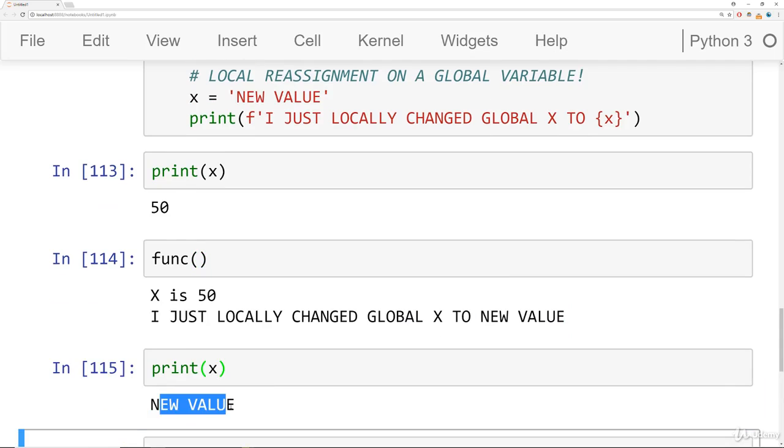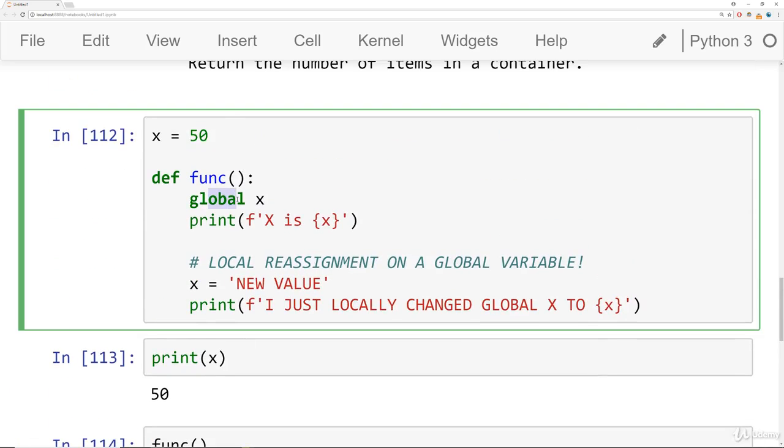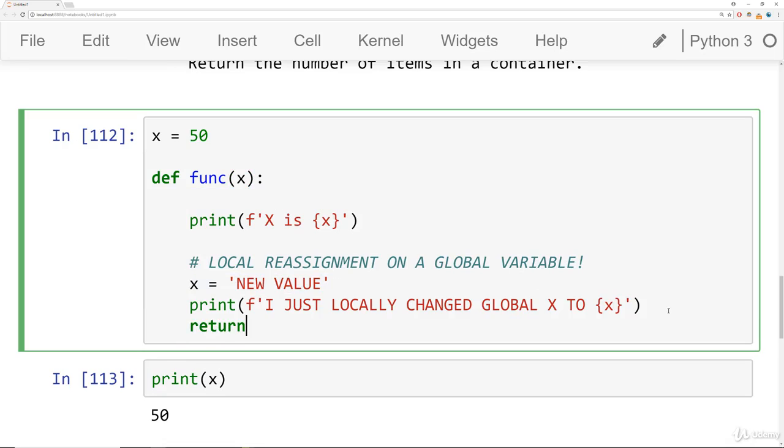It says new value. So using the global keyword, you're able to reach out into that global namespace, and then your local assignments do affect that global variable. Now, because of the power of this global keyword, in general, especially if you're a beginner, you should avoid using that global keyword unless absolutely necessary. Instead, if you want to grab that global variable and then affect it, you should take it in as a parameter, do the reassignment, and then return the reassignment